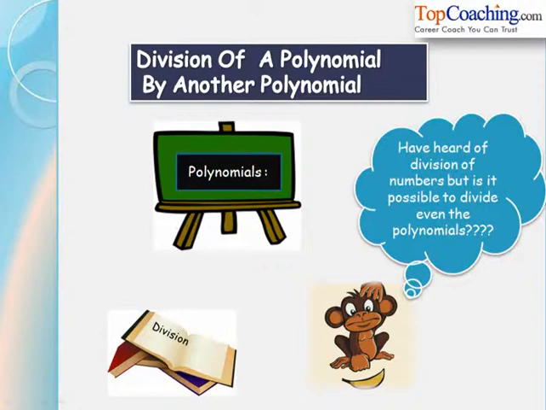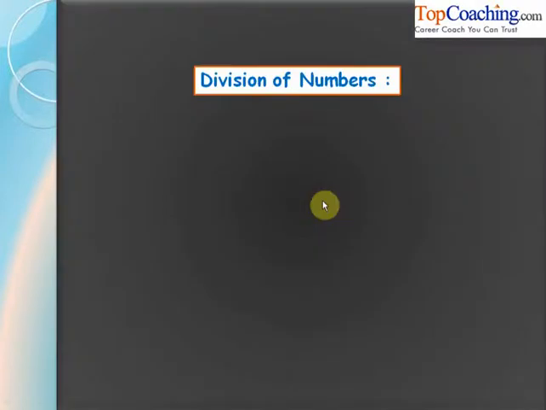Every day we do a lot of division, and most of the time this division involves only numbers, so we are very well versed with the division of numbers. But as we are studying polynomials, is there any possibility of dividing a polynomial by another polynomial? Yes, in fact, we can always divide a polynomial by another polynomial. But how to do that and how to find the quotient and remainder of such division? This is something we are going to study in this lecture: the division of a polynomial by another polynomial.